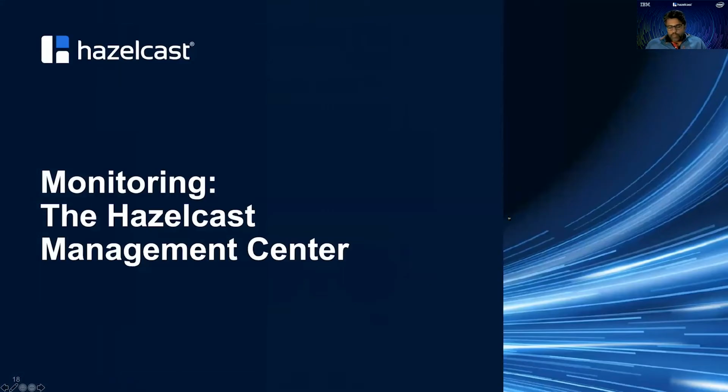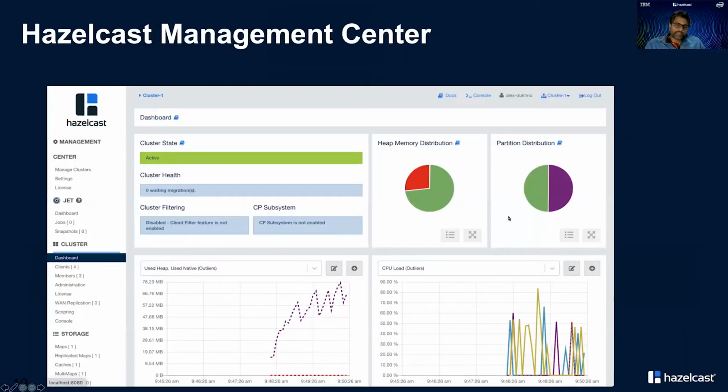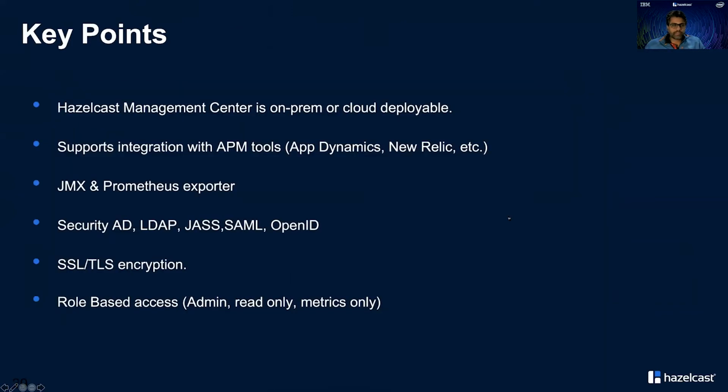Some of the key components of the platform. One is monitoring. Hazelcast has its own Management Center, which is a UI tool, a dashboard. It's a web application you can deploy in any of your web servers, or you can run it on its own, on a Jetty web server. It gives you a full view of the cluster, whatever servers you are using, all the clients connected to the cluster, all the data structures you are using, how the data is spread across, what the performance of your data structures is, and so on. You can see all those details in Management Center.